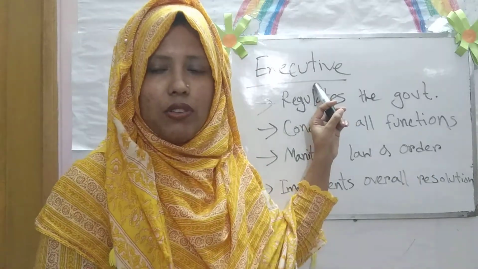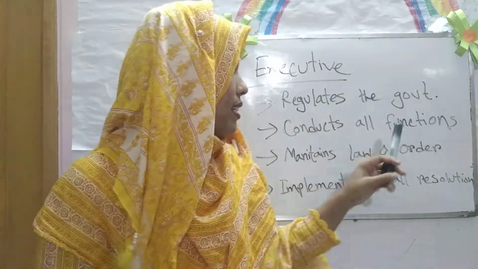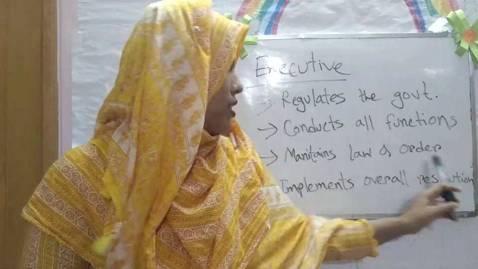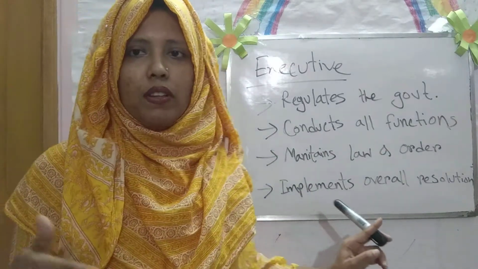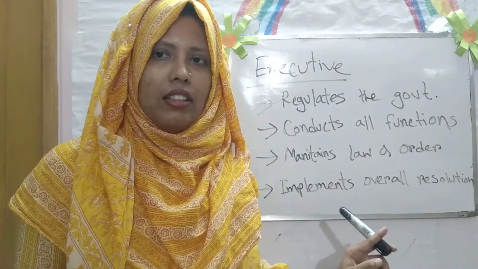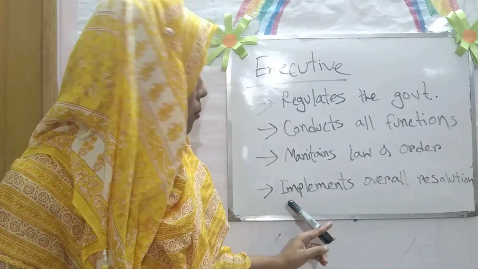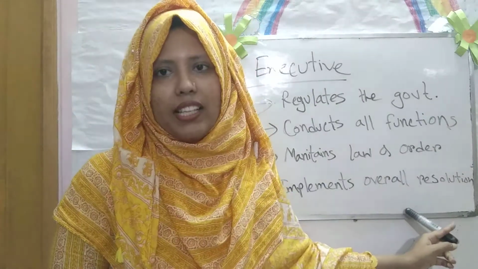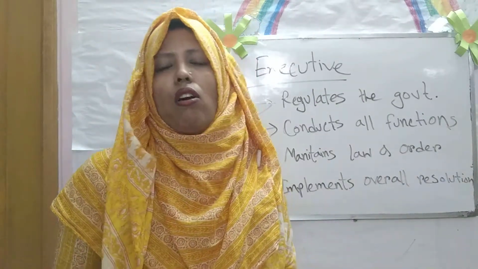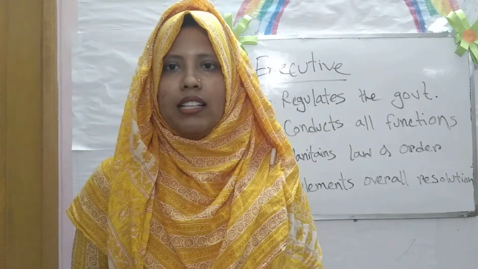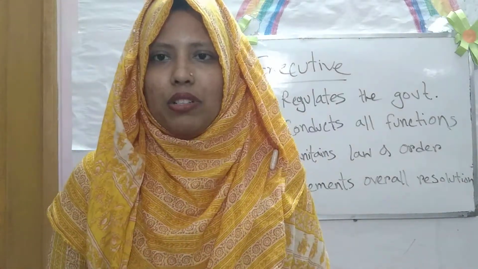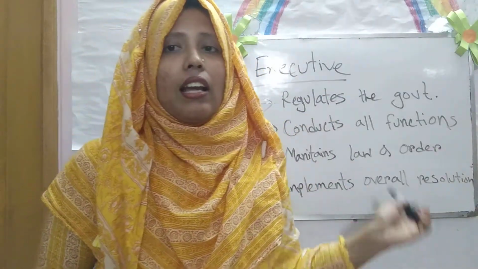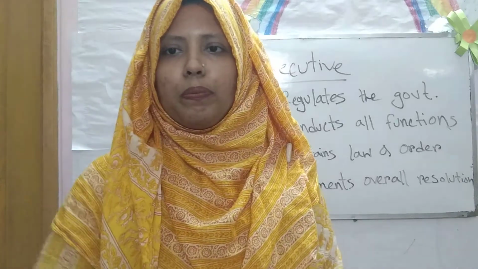After the discussion of the executive, we will discuss the legislature group. So, they maintain the law and order of the legislature group and all types of regular functions, and they plan all problem solutions, that all are implemented by the executive group. That means all types of government work are implemented by the executive group. I hope you all are clear about the activities of the executive group.